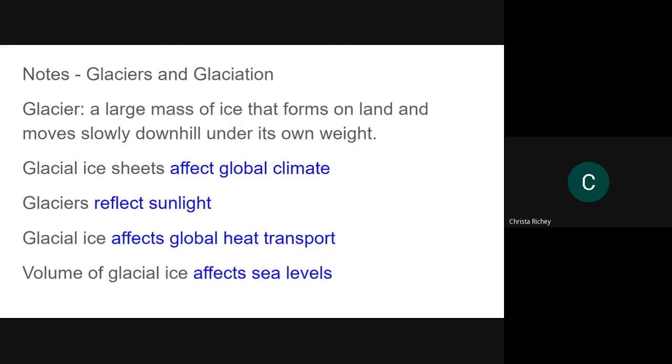So glaciers reflect sunlight. They bounce it back into space. Anything that's bounced back into space isn't absorbed by the planet, which is how ice actually perpetuates an even colder environment. The more water that's locked in ice, the less liquid water is actually free to absorb the heat from the sun. We will talk about all different kinds of both positive and negative feedback mechanisms over the next 6 weeks. And the primary one that we're dealing with right now is this particular ice versus water mechanism. But the more ice, the less water.